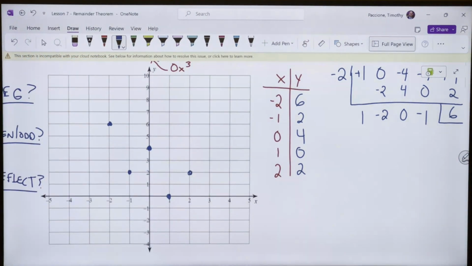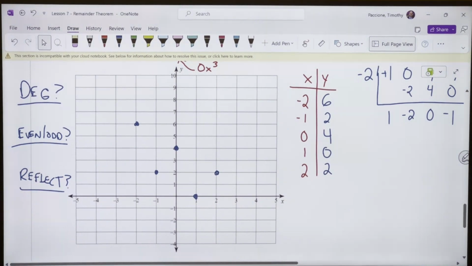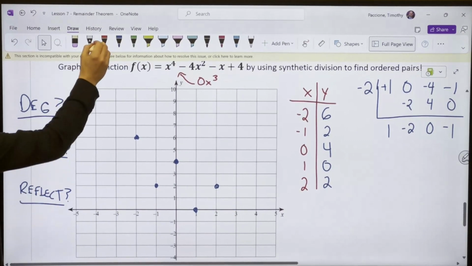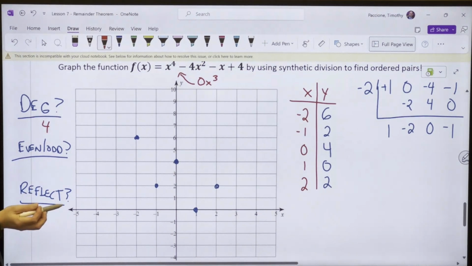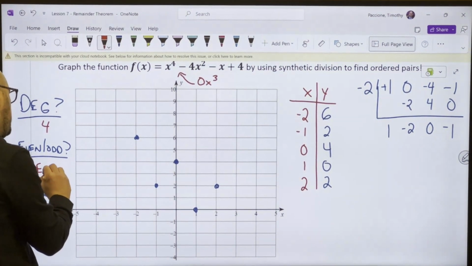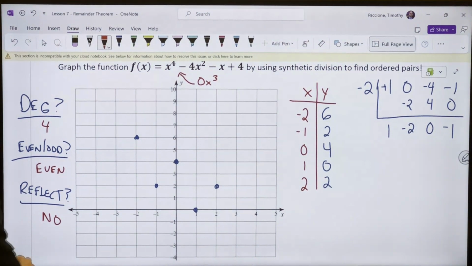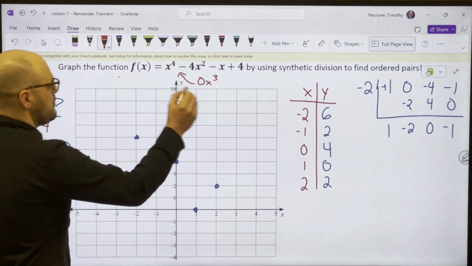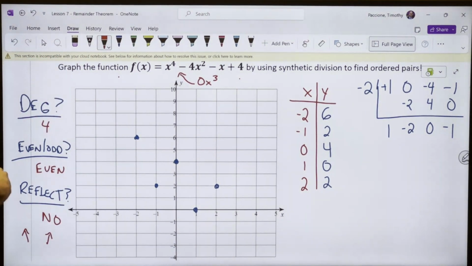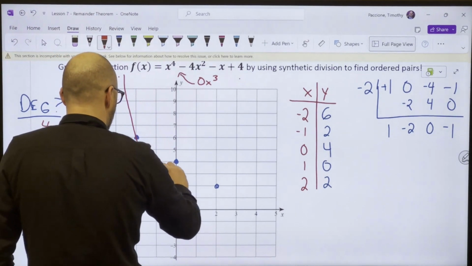Now, the other thing you've got to keep in mind are the things that we have already talked about that have helped us graph in the past, right? Before we had points and we were just worried about the end behavior. So what's the degree of this function? 4. And is that an even or an odd number? Even. And does this thing reflect? No, there's no negative out front, okay? We know that even functions that don't reflect start at the top and end at the top, just like a parabola would. So that helps us. We start at the top, we'll go through our points, we'll end at the top, we'll be good, right? Now, you asked a question about, should I test -3 and should I do 3? It can't hurt. If you did, you would find that the numbers are way up here, and that would just tell you the story too, tell you where to begin and end, right? So you come down, go through the points,